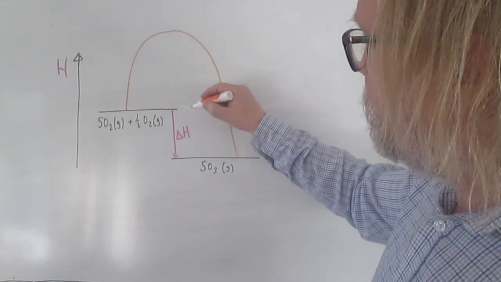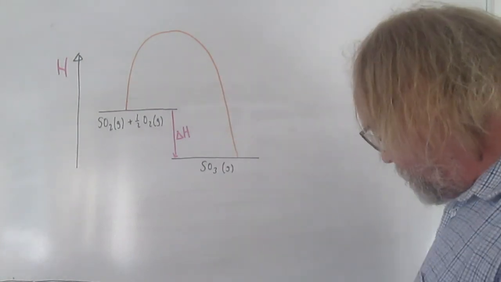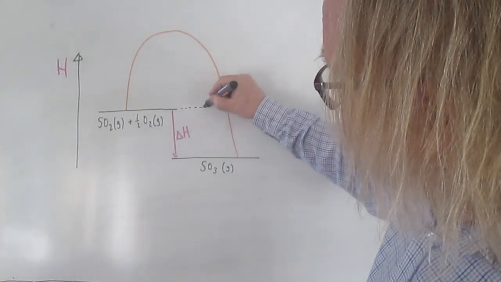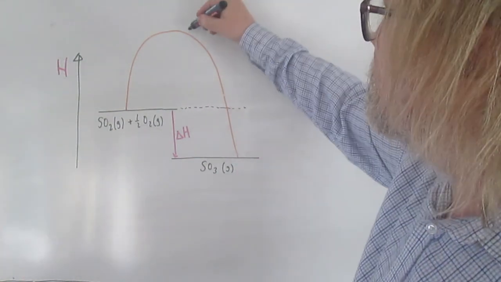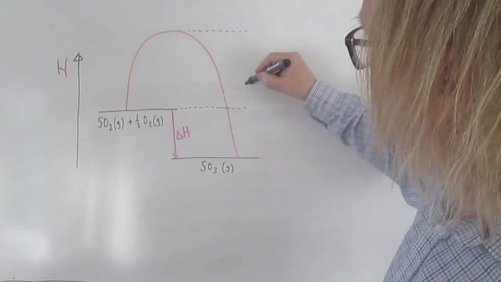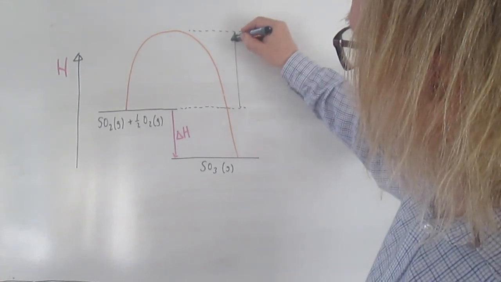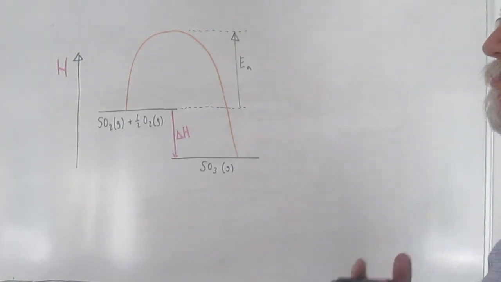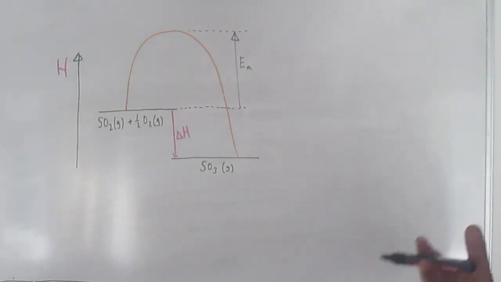And we've got used to the idea that the height of that hill, in other words, going from your starting state to the top of the hill here, that term is the activation energy, the minimum energy that the particles must have when they collide in order for